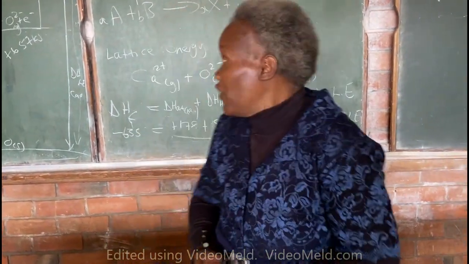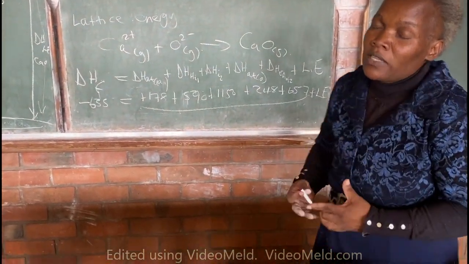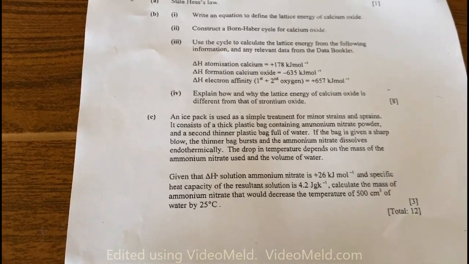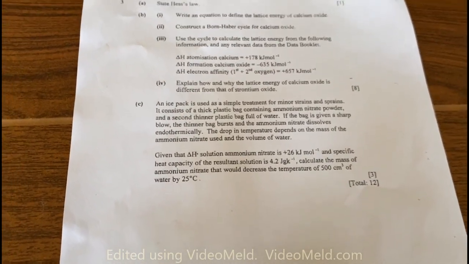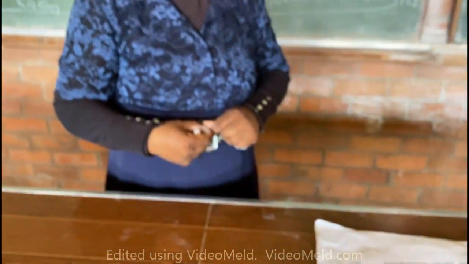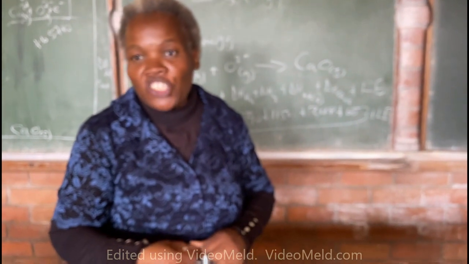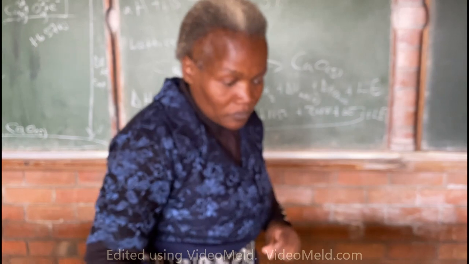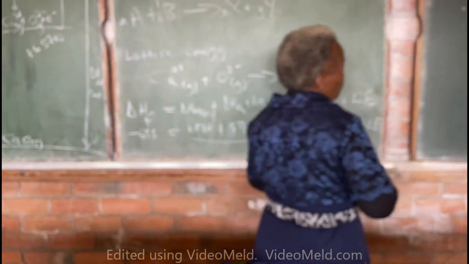So we are given the enthalpy change of solution. Enthalpy change of solution is basically the heat change which is given out or absorbed. So it is the enthalpy change when 1 mole of the ammonium nitrate dissolves in a large amount of water, such that further dissolution does not result in any further heat change. That is enthalpy change of solution. So for us to find the heat change, we use the formula